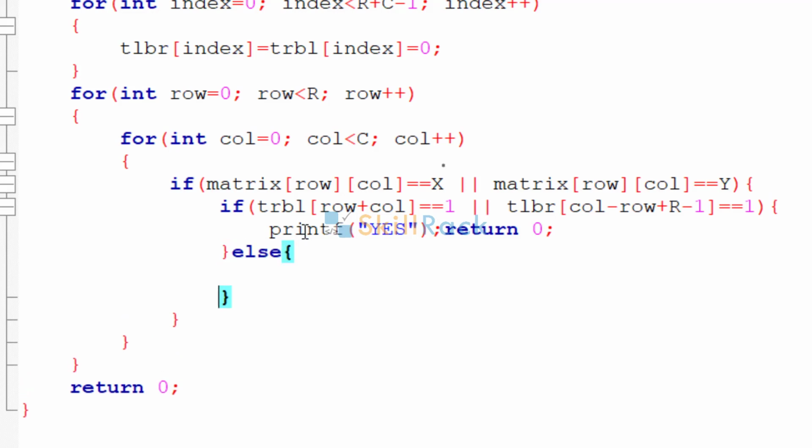this is the first value that is occurring, that is x is occurring first or y is occurring first, right? So in that case, we have to set the value to 1 in those diagonals, so that when the second value is coming, in this if, it will know that it is 1 and print yes accordingly.